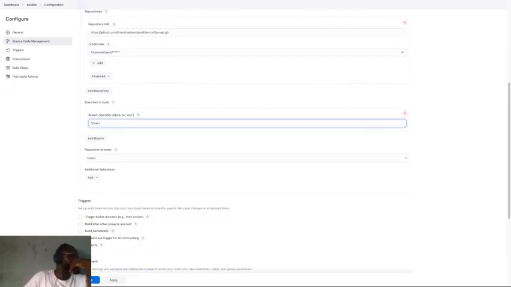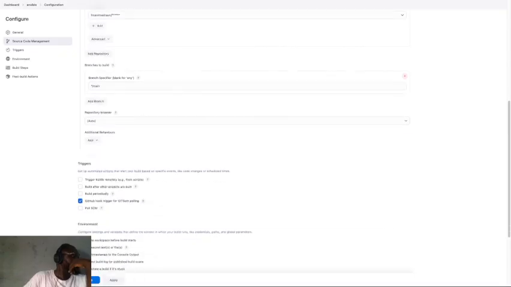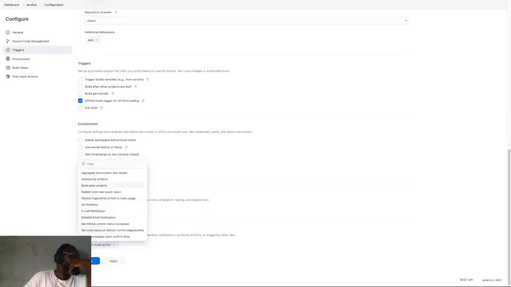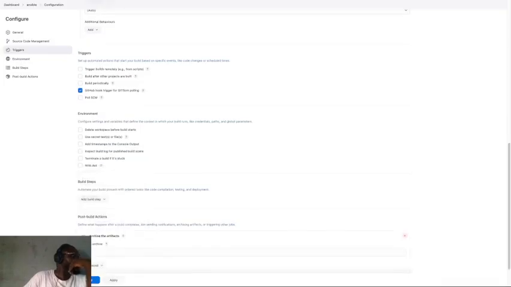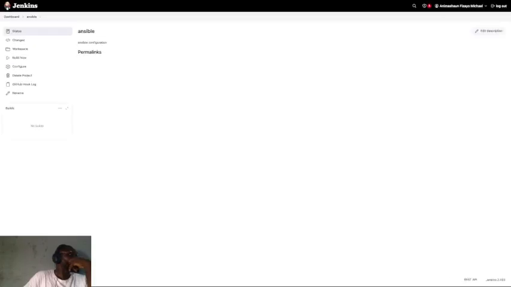Then I think I'm going to do trigger with GitHub hook. Then under this post, I'm going to say archive, and then I'm going to put archive everything. And I'm going to save this, which is basically what I want to do. Now, to be sure that that is working,